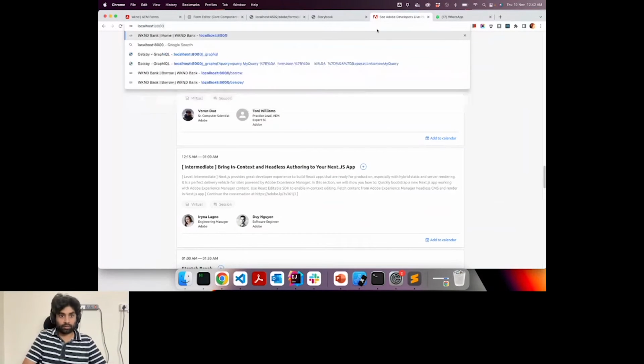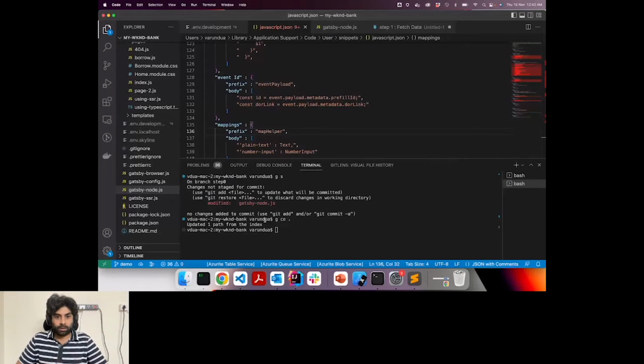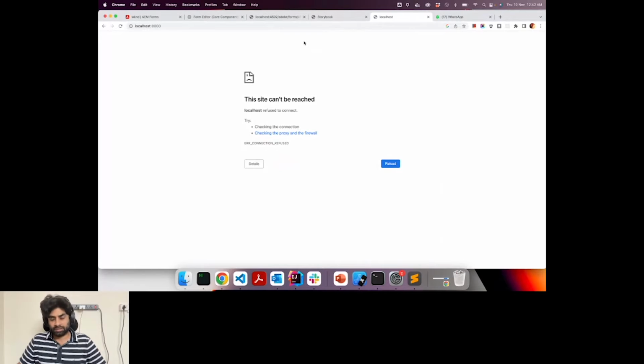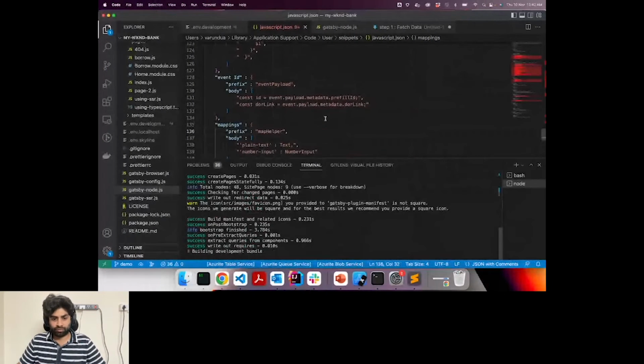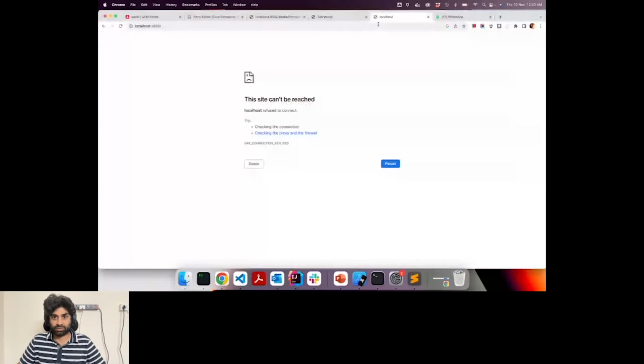So we have a Gatsby application that currently is not integrated with Adaptive Form. It's not integrated with AEM. Let me get it up and then I'll show you how that looks.